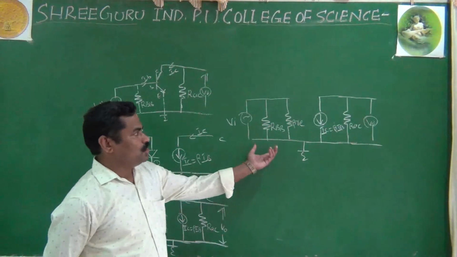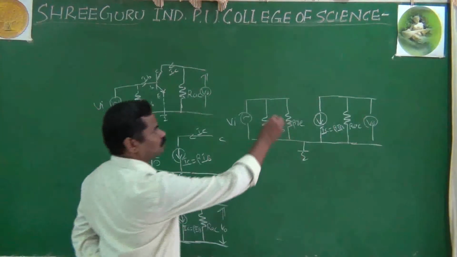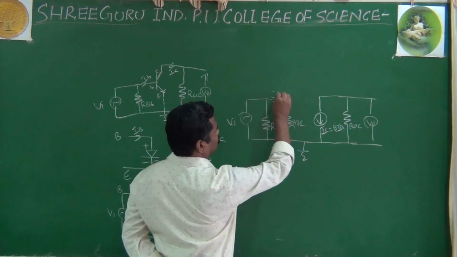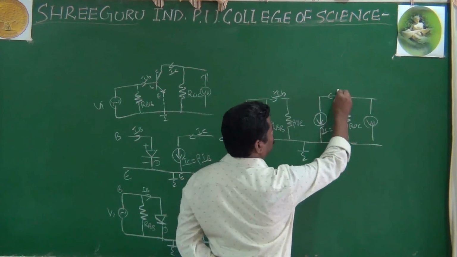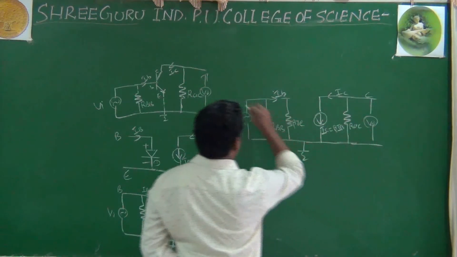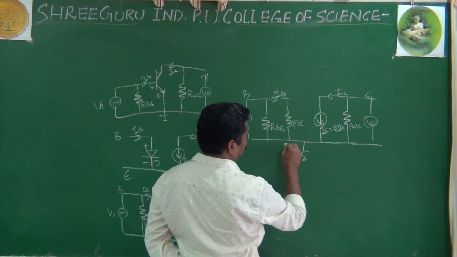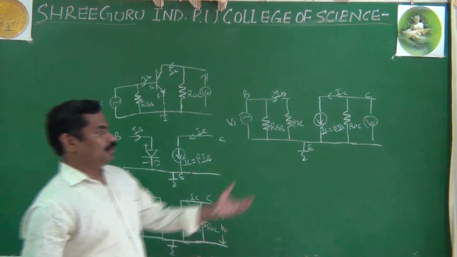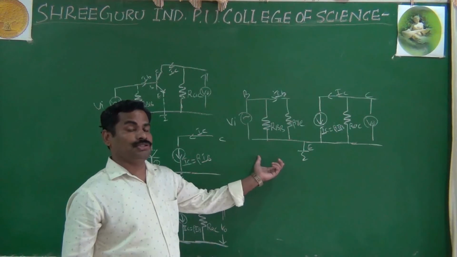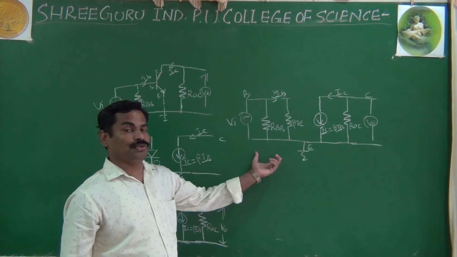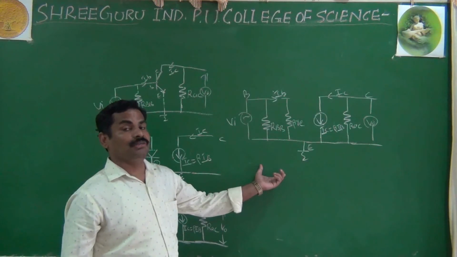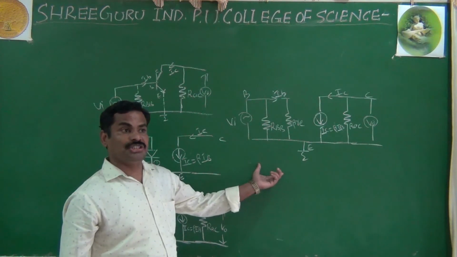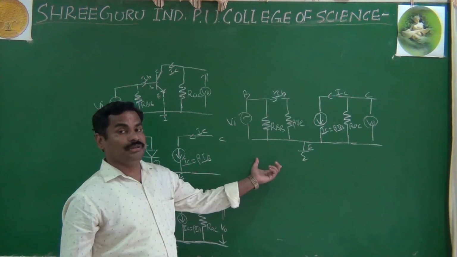In this AC equivalent circuit, you can write IB here, and IC here; this is your collector, this is your base, this is your emitter. The emitter is grounded. This is the equivalent circuit of your CE amplifier. It is also called the AC equivalent circuit of your CE amplifier, also called the RE model of the CE amplifier, and also the AC analysis of your CE amplifier.